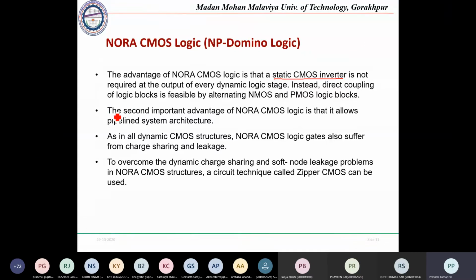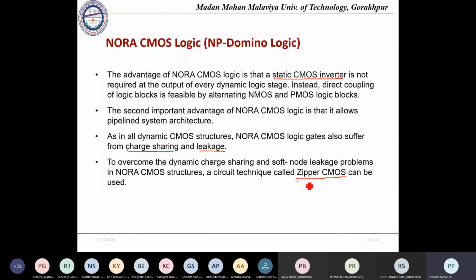So the advantages we have seen already. There is another disadvantage of this Nora logic. The disadvantage of Nora logic is that it suffers from charge sharing and the leakage problem. So to avoid this charge sharing and leakage problem in the Nora logic, we are going to use the Jeeper